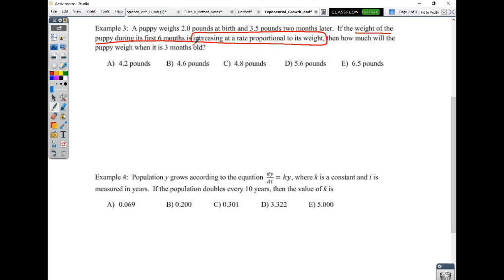It is. So we know we've got a dW dt is a kW problem. So I know that. Separate, natural log, and eventually, after you've done a whole bunch of stuff,